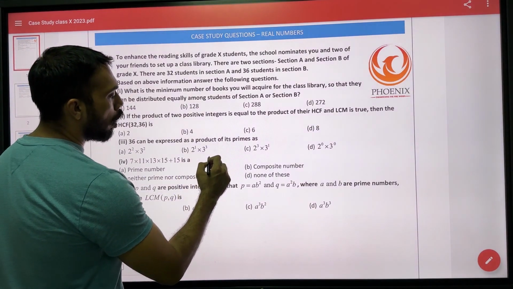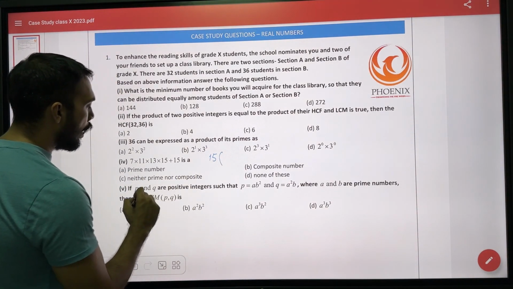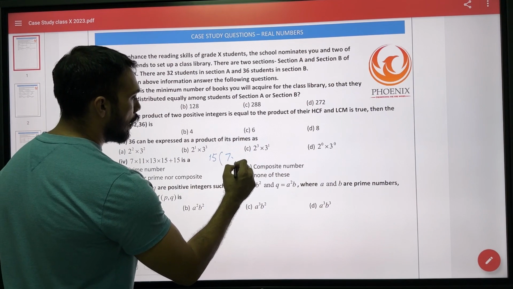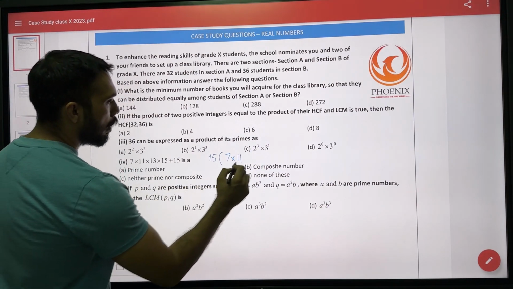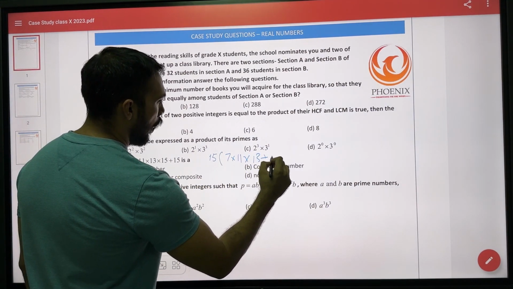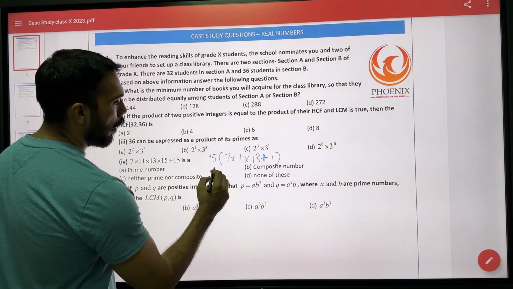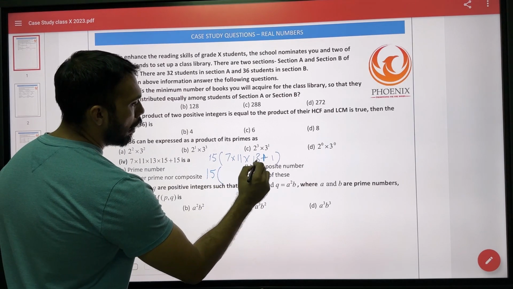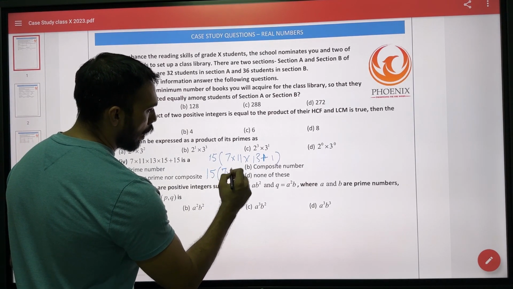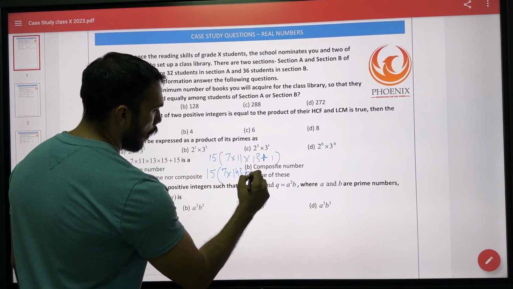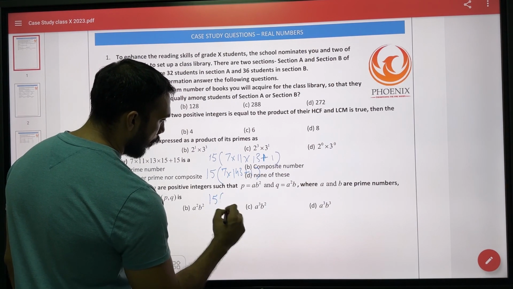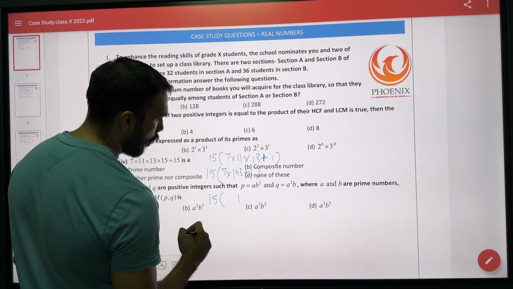expression. So can I take anything common? I can obviously take 15 common from the whole expression, and I am left with 7 times 11 times 13 plus 1. Okay, so this is the expression left out after you take common. So what is the next part? This is 15 times. If you multiply these numbers, this is going to be 7 times, and this is 143 plus 1, which is nothing but 15 times, and this is going to be